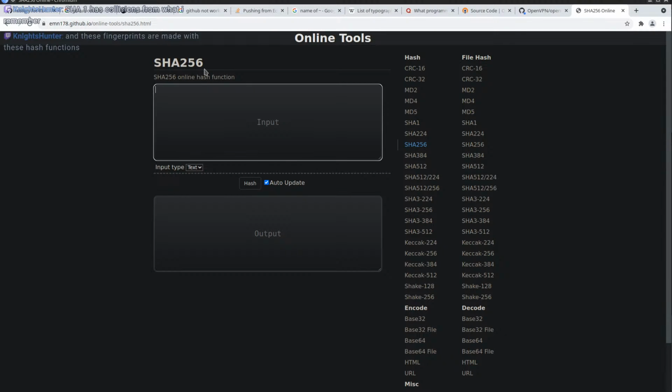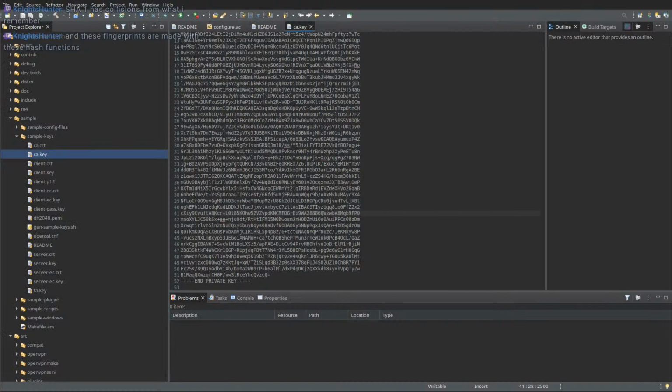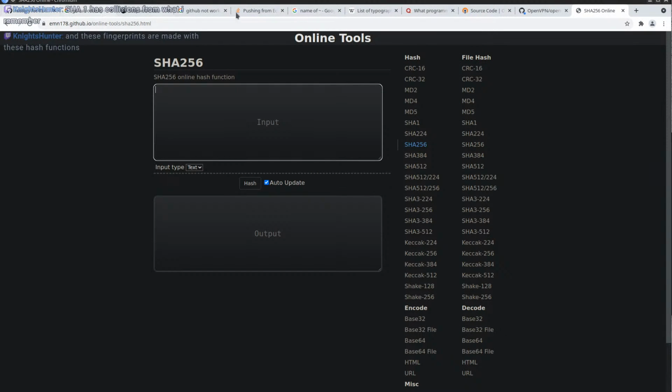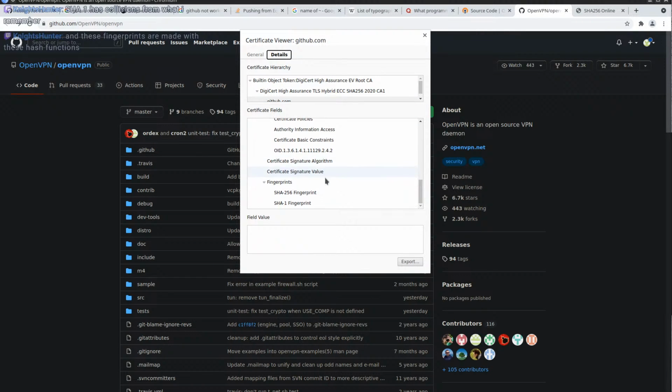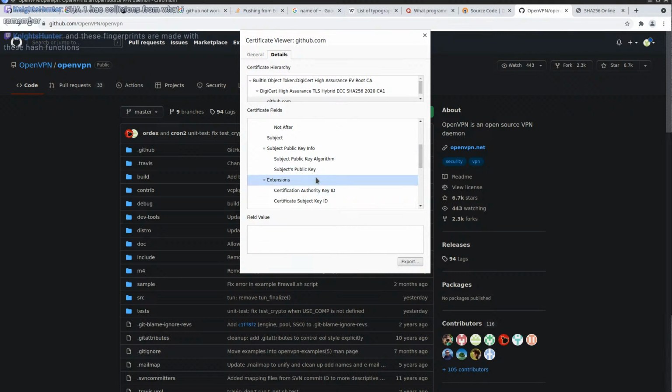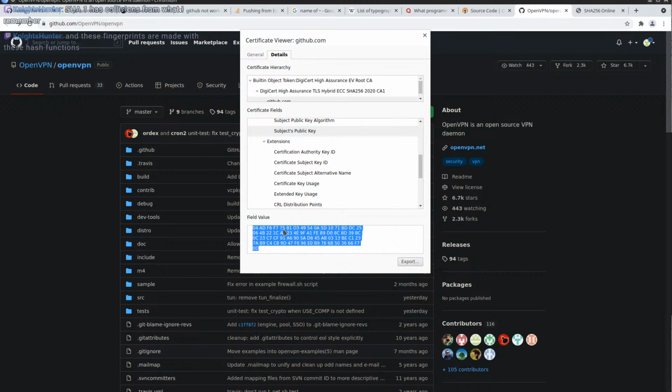SHA1 has collisions from what I remember. That's quite possible. Oh, I guess I don't really have to extract the certificate itself. This is the fingerprint, signature value, algorithm. Not sure if it's actually going to show me the public key. Oh yeah, this is the key.